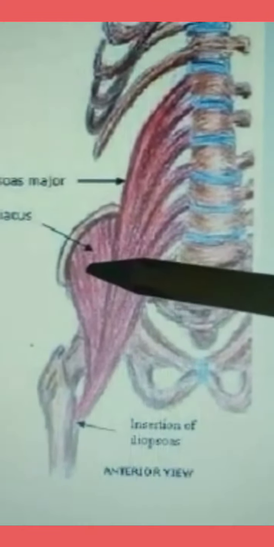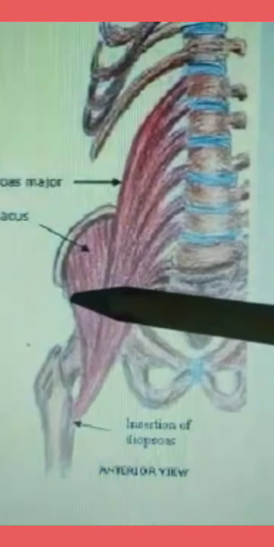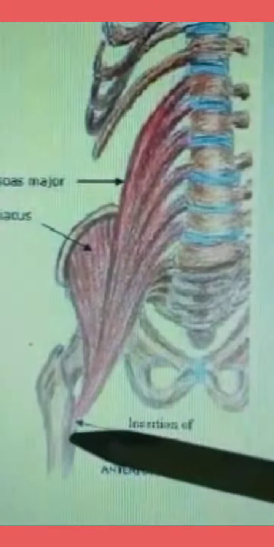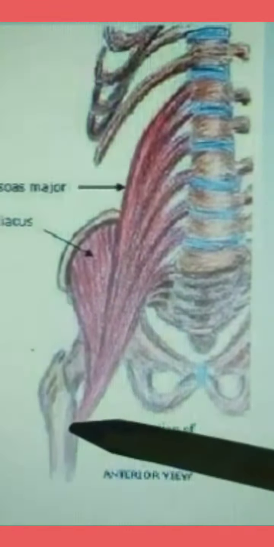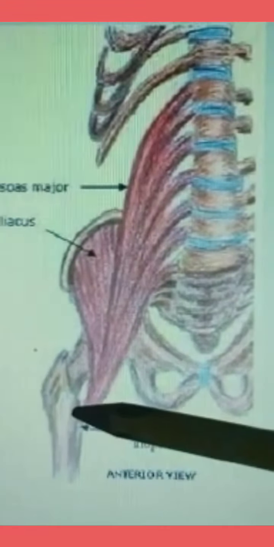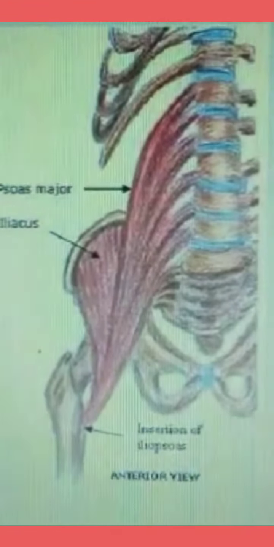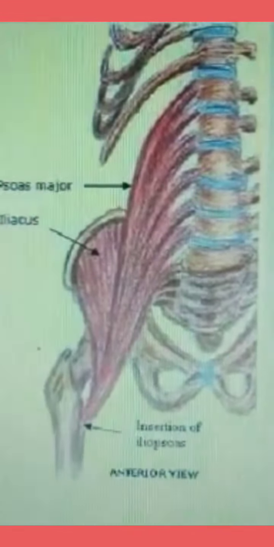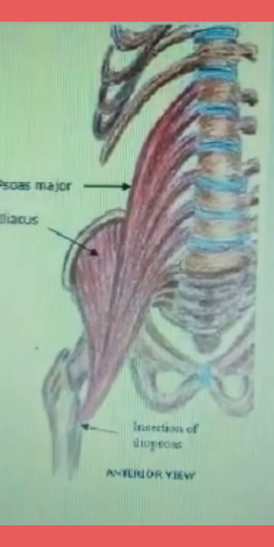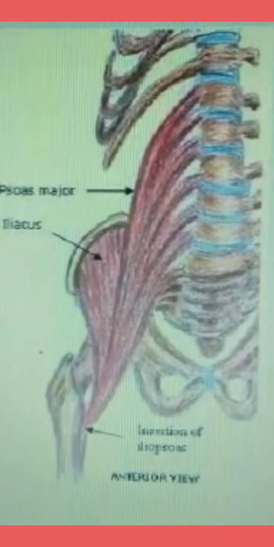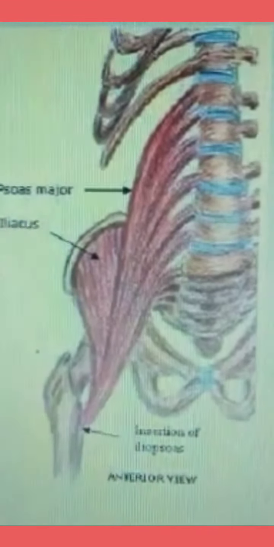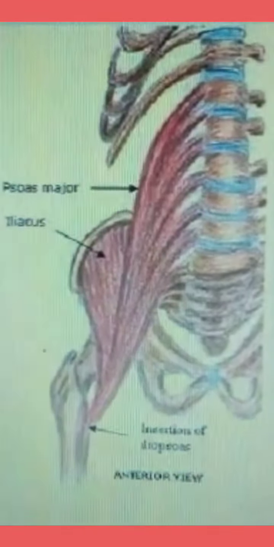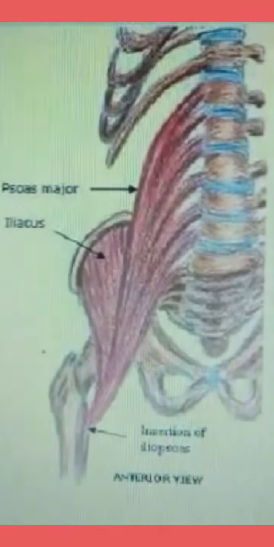and the upper surface of the lateral part of the sacrum, and it is inserted into the lateral part of the anterior surface of the lesser trochanter. This is also inserted into the lesser trochanter along with the psoas major muscle. Now its action: iliacus receives branches from the femoral nerve, and its action is along with the psoas major. It also flexes the hip joint, that is, it also helps the person to sit up while lying in the recumbent position.